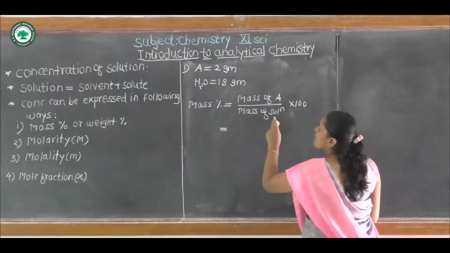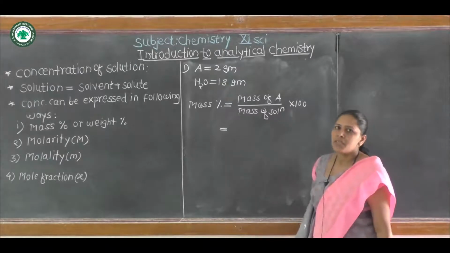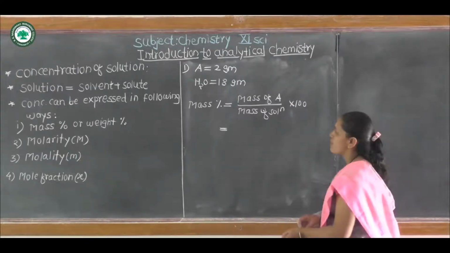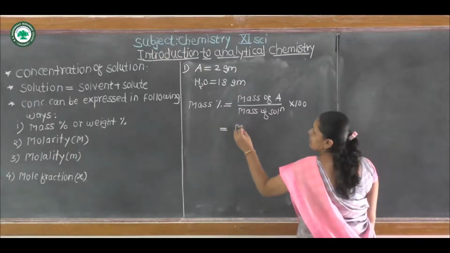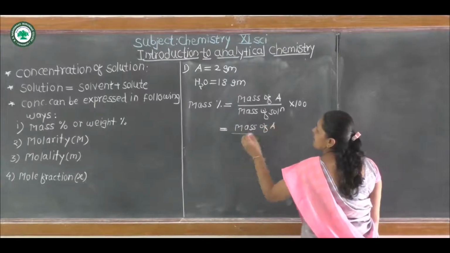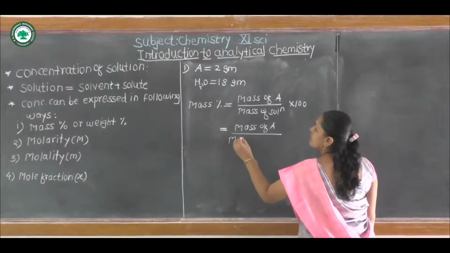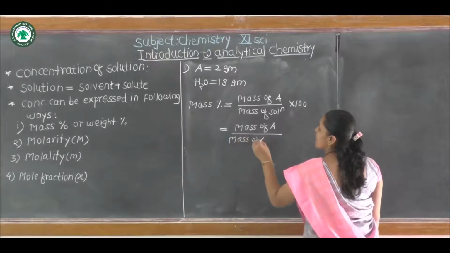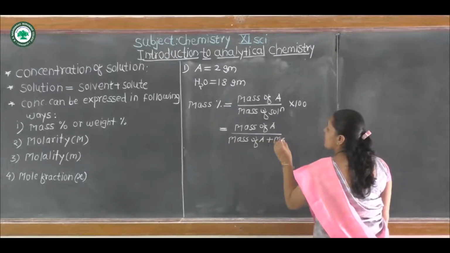We know that mass of solution is nothing but mass of solute plus mass of solvent. Therefore, formula becomes mass of A divided by mass of A plus mass of water